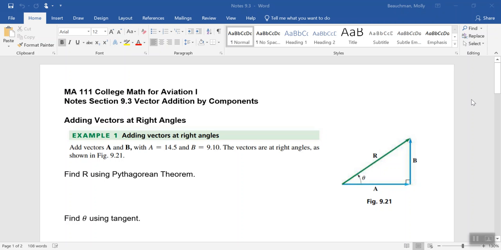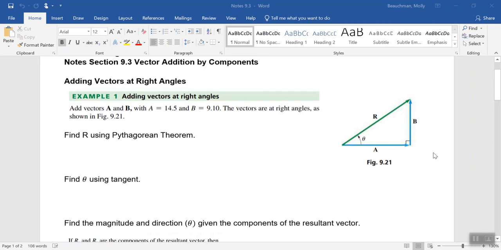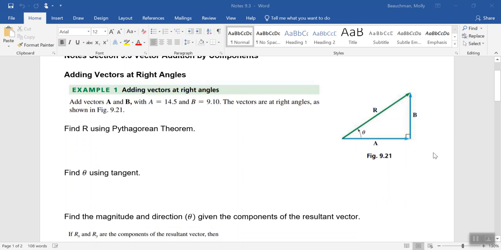In this video, we'll take a look at notes on section 9.3, vector addition by components. If we're adding our vectors at right angles, it makes a right triangle, and we're going to use this property as we add vectors that are in different places around in standard position. So if we want to add vectors a and b with a equal to 14.5 and b equal to 9.1,